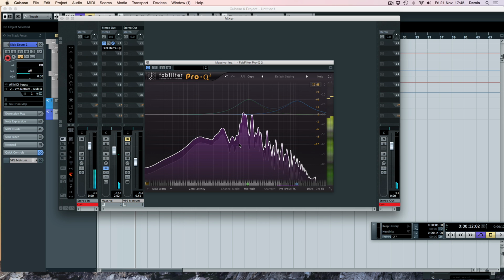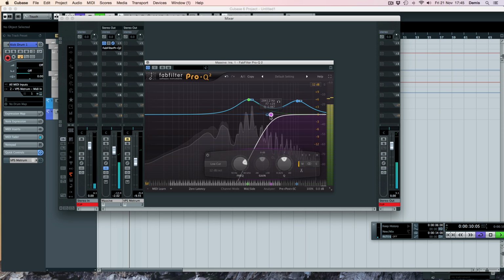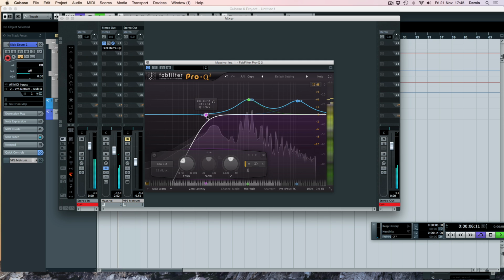Now, as I said before, mid I don't tend to use. It does return things to mono, but I could demonstrate that here by just making a curve. You can hear it turns it into mono. Now there are practical areas to use this, I just tend not to use it at all really,